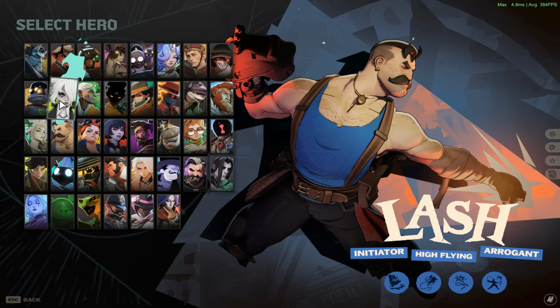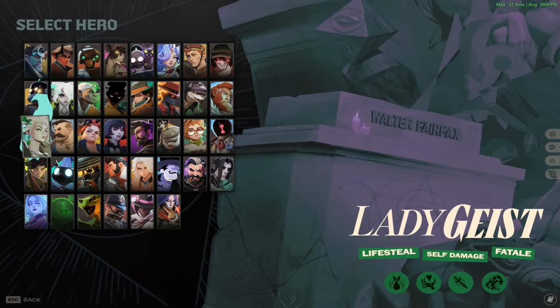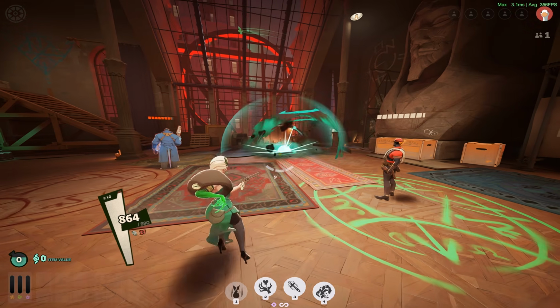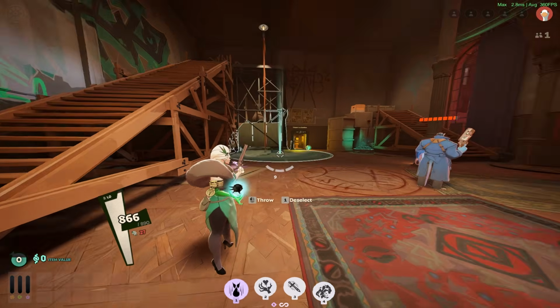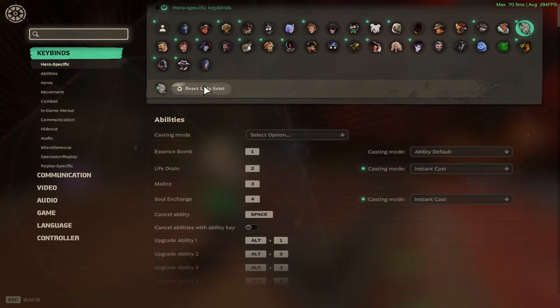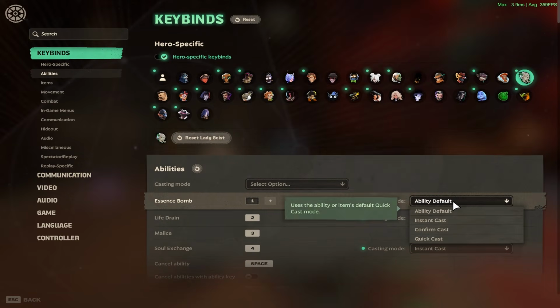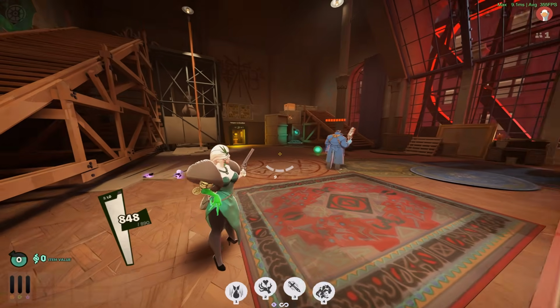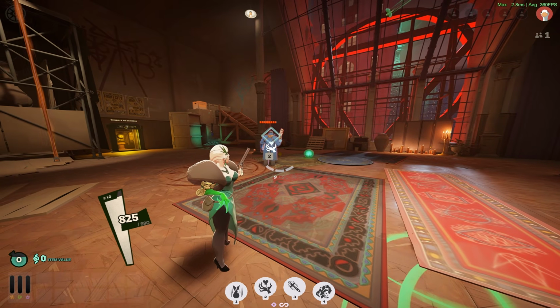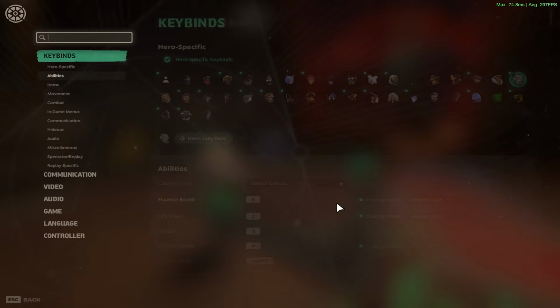Maybe we go Geist. So if I go to Geist and I do Essence Bomb, this is ability default, right? I get to choose where I want to place it, and I can see the AoE. But if I were to go back in, go to Geist, and I went to instant cast, I just instantly throw it. Having these options are great because if you're newer to the game, you can have the default ability,